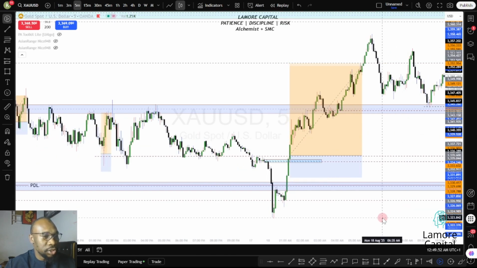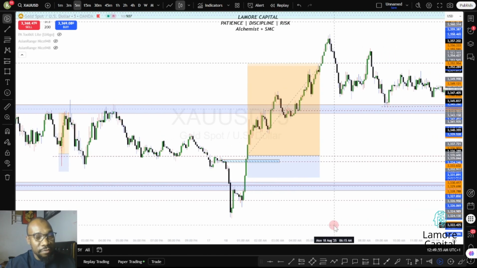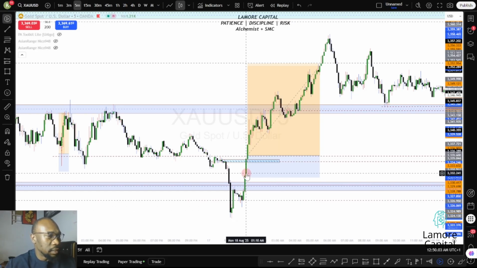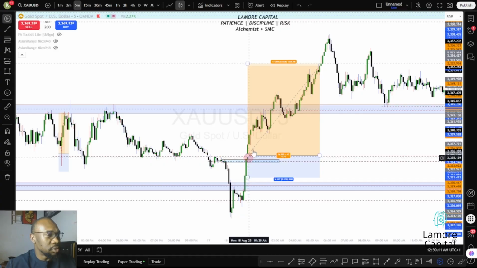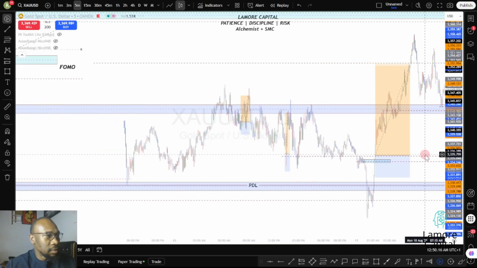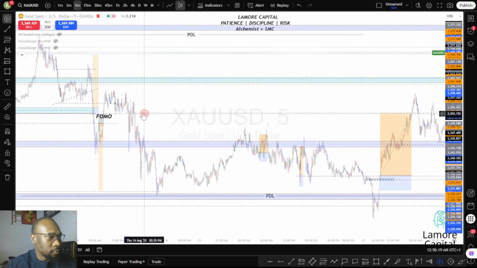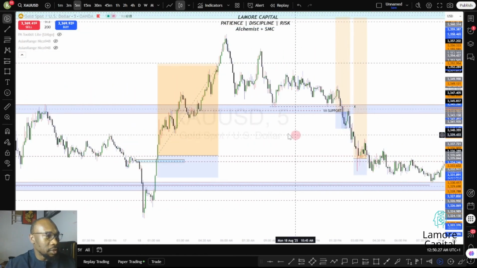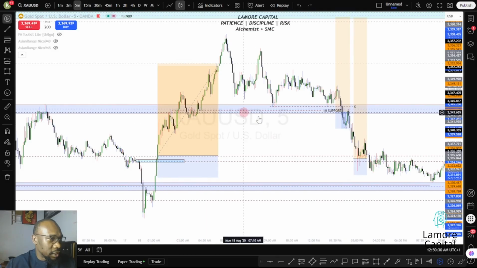You see, in trading you need to make sure you keep everything simple. And this is what happened. After the break of that level, it closed above, we waited for the retracement, tapped into the retracement, and boom, we caught a 4:1 RR. Now, why did I exit from that particular level? We have a 5-minute OCL here. That was why I exited on this particular level. So that's how we caught this first trade on the Asian session.